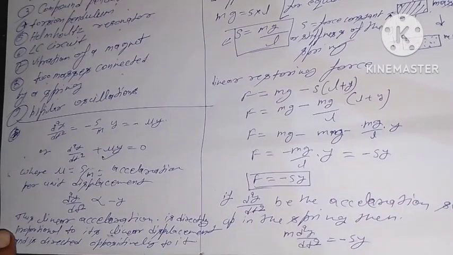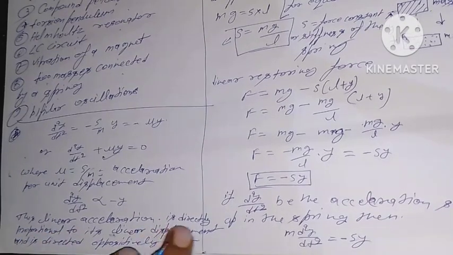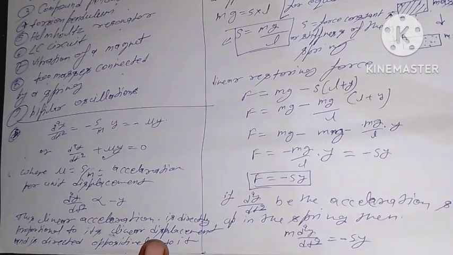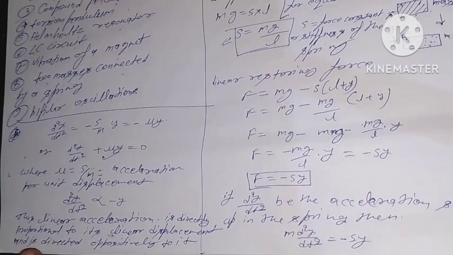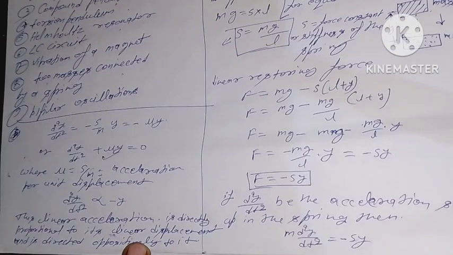Thus a linear acceleration is directly proportional to its linear displacement and is directed oppositely to it. Hence mass m attached to a spring executes a simple harmonic motion, and its time period is given by,